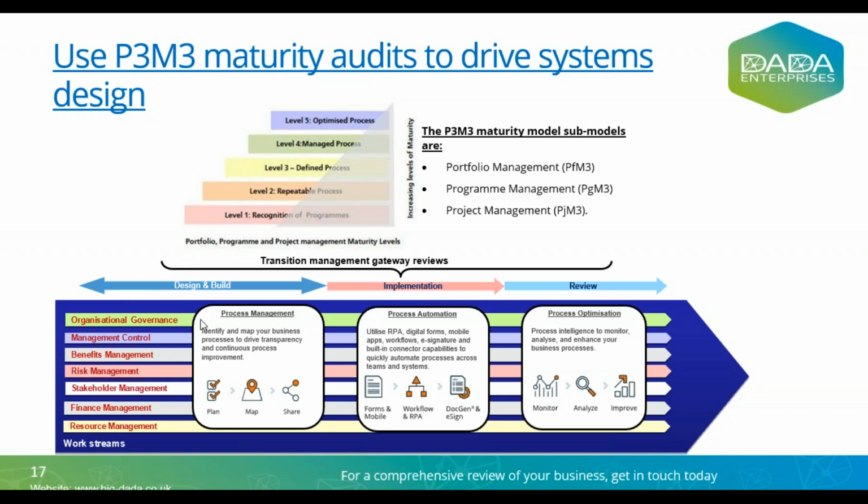Within the different work function areas, we have three key steps. One is process management, process automation, and then process optimization. So process management is mapping your processes, sharing those processes within your organization so everybody understands what currently people do and agree that's how people actually operate within the organization. Because there's no point automating something before you know currently how an organization does something and everybody agrees that's the right way of doing it.